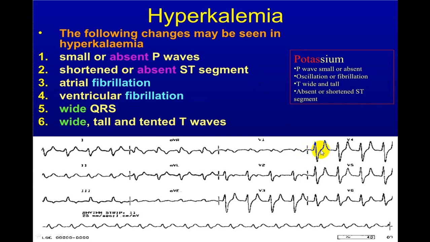And see this ST segment is almost getting mixed with QRS and T wave. This is a tall T wave. You can see this is a tall T wave. This is the ST segment, which is getting merged with QRS complex and T wave slowly. And we'll show you a further one. If you see here, hardly there is any P wave. So P wave becomes nearly absent, and when P wave is absent, you can't look at the PR interval.